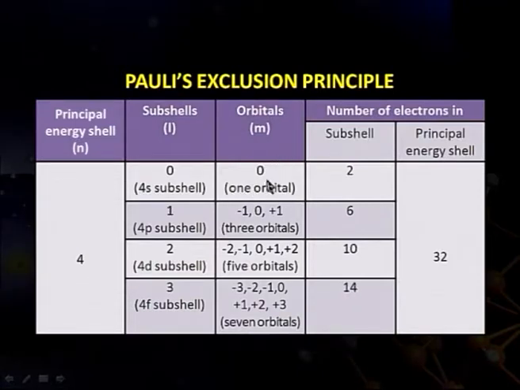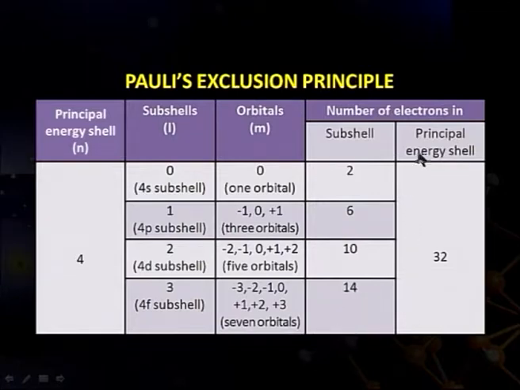So, the number of electrons in the subshell will be 2 in the s orbital, as I have discussed, 6 in the p orbital, and 10 in the d orbital, and this will be the 4f orbital. This 4f orbital will comprise 7 orbitals: -3, -2, -1, 0, +1, +2, +3. Thus, these 7 orbitals will hold 14 electrons, and in total the principal energy shell will